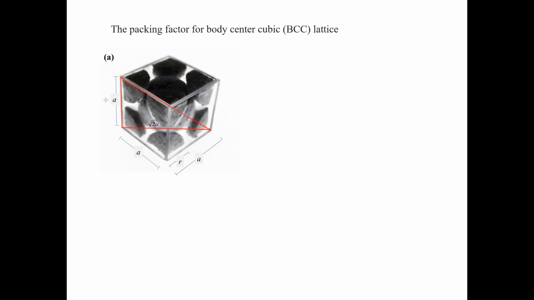And this is A. The square root of 2A. And the dotted line here, right? From here to here is 4R, right? So with the right angle here,